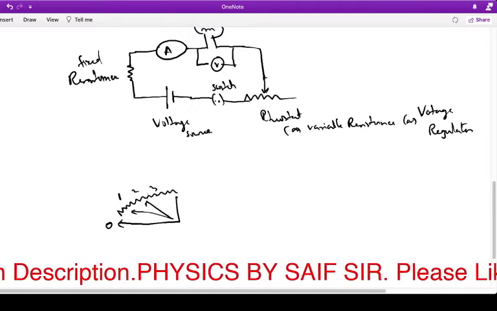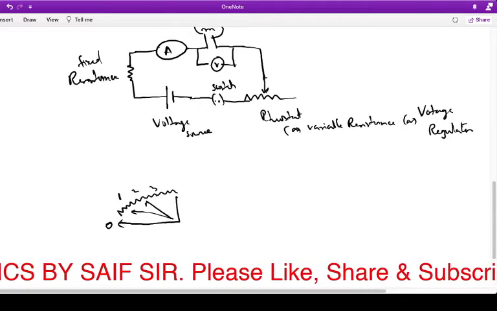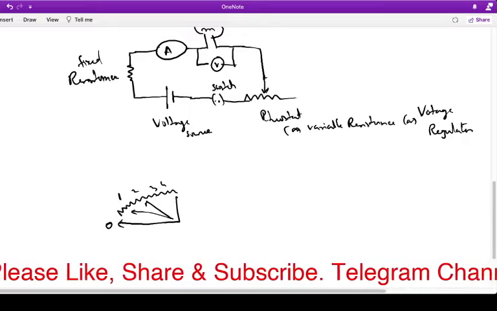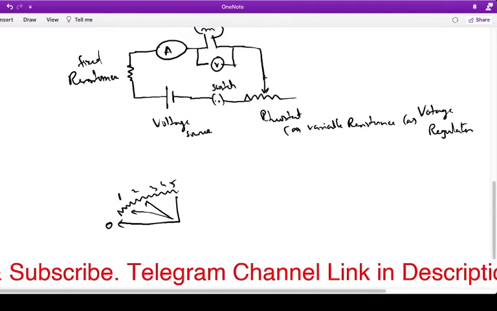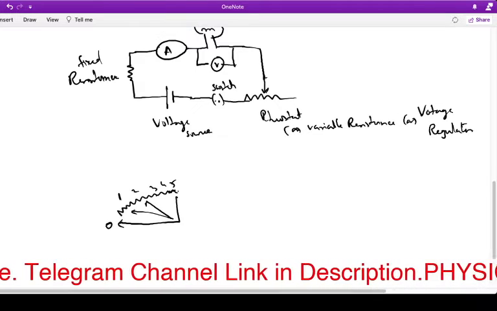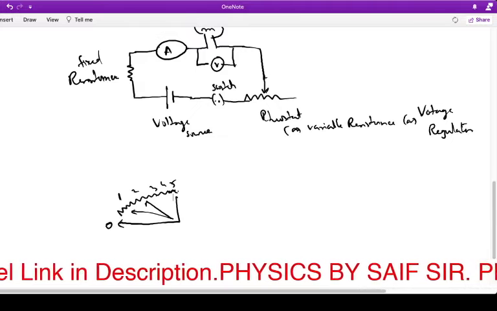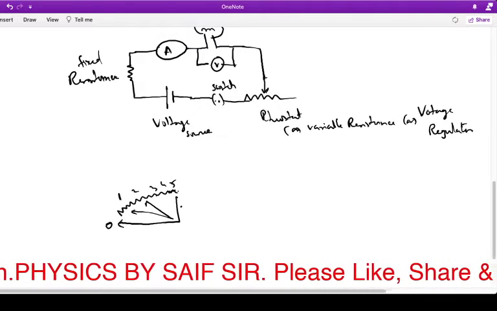Whatever 220 volt you are getting is divided across these positions, 4 and 5. Coming to the 5th speed, the resistance is decreased totally, whereas at 4 you have only this much resistance. Based on that, the speed of the fan is controlled. This is called a voltage regulator, or you can also say a variable resistance or a rheostat.